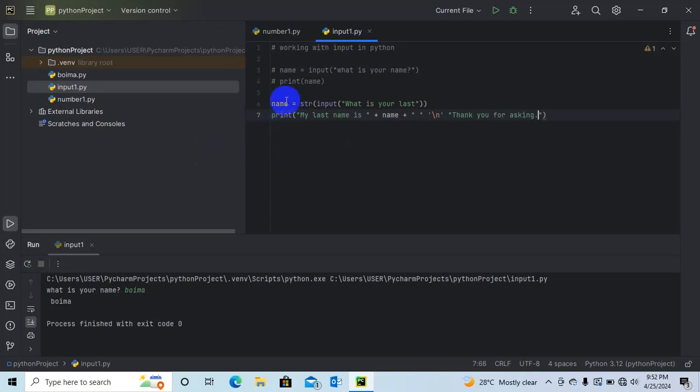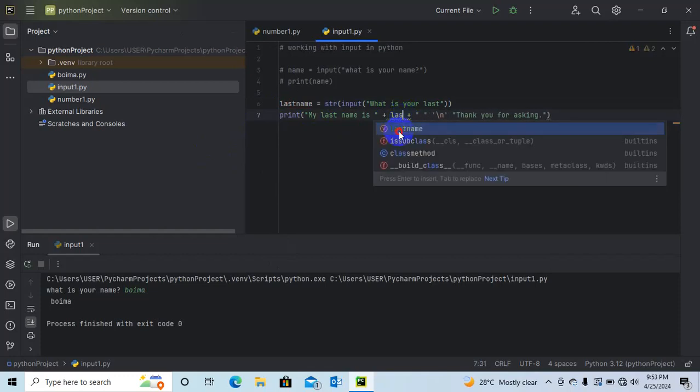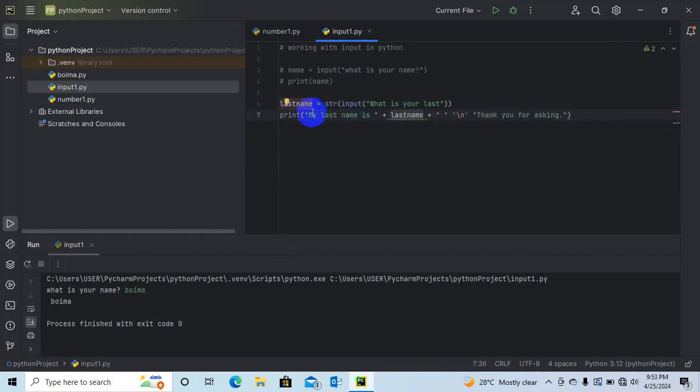Instead of name, let's call the variable last name, so we change it to last name. Now let's run this and see.